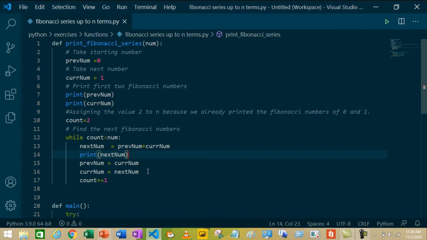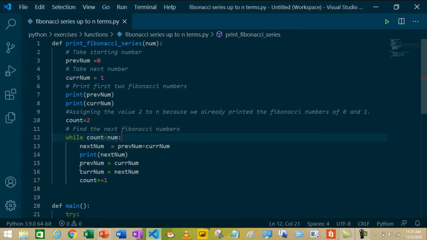Again we are updating previous num and current num's values. So previous num's value will be 1 and current num's value will be 2. Next again we are incrementing count by 1. So the while loop will continue as long as the condition is true.